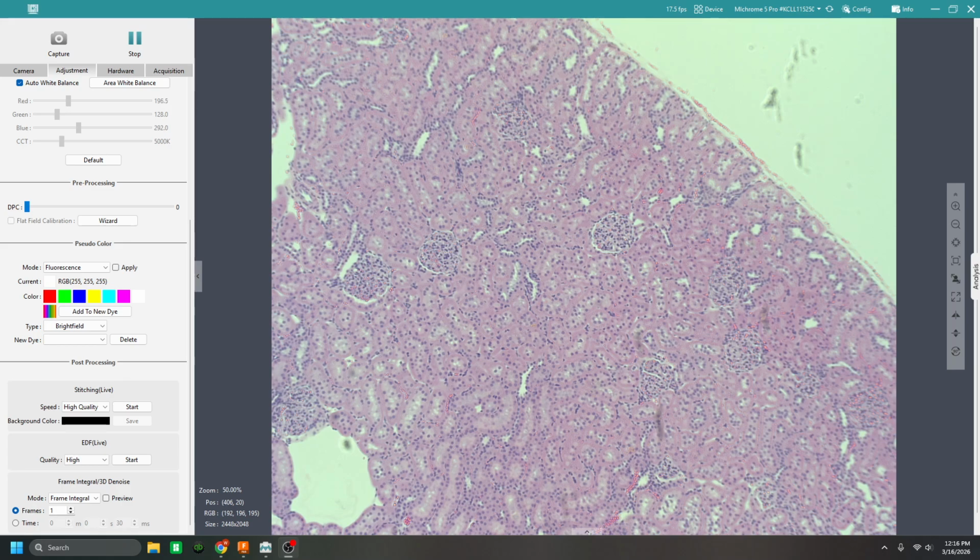I'm going to give you a quick tutorial on how to use the live stitching feature on the Mosaic 3.0 software. Today we're using the Michrome 5 Pro, but this will work with any of the cameras compatible with this version of the software. So, to start off, we're going to go into our adjustment